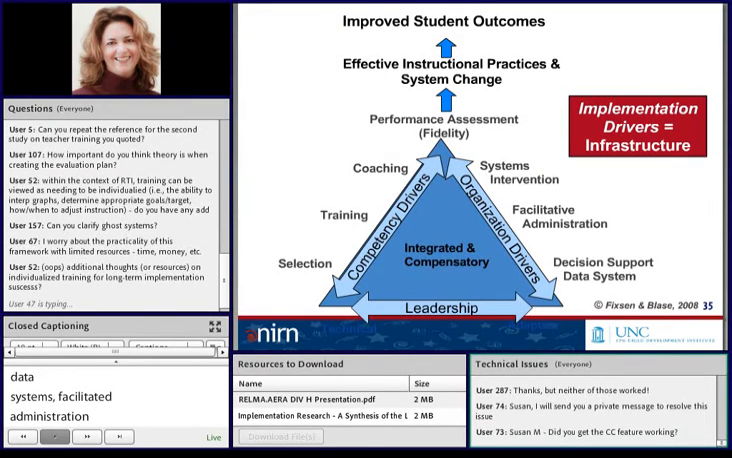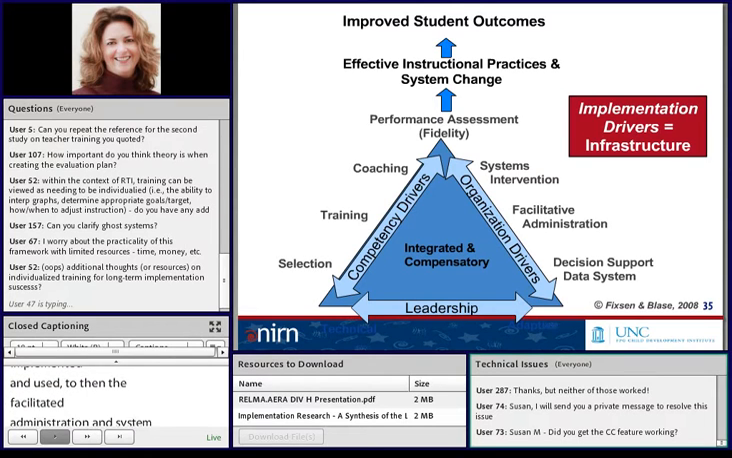Organizational drivers help us ensure that we're changing the system to support effective and sustained use of the practice, rather than the practice being adapted to fit the current system, the latter of which I think we see too often. So this is about how do we use data from the decision support system to continually improve the supports and the practices that are being implemented and used, and then the facilitative administration and systems intervention drivers are about how do we